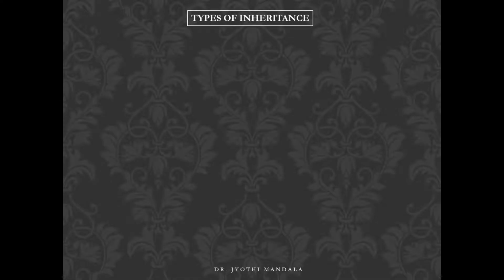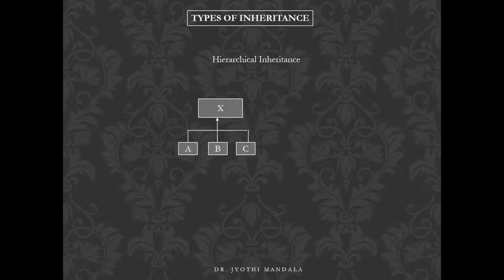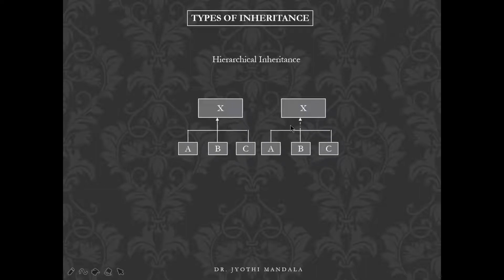If you see the diagrammatic representation of hierarchical inheritance, a single class has been extended by multiple classes. That is what is represented here. That means we have one parent class and three child classes. All these child classes are acquiring the properties that have been defined in class X. There is no problem in that. You can use the extends keyword here, or the same hierarchical inheritance can be achieved by using the implements keyword also. But in this lecture we are not going to learn about the implements keyword. The only difference in the diagram is that we represent implements using a dashed line.